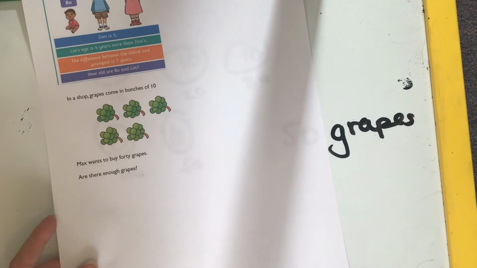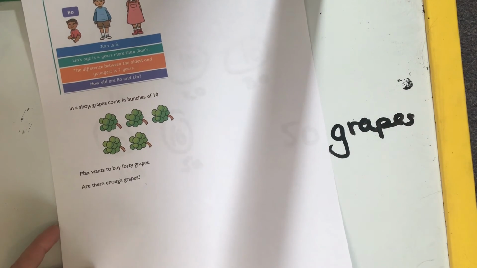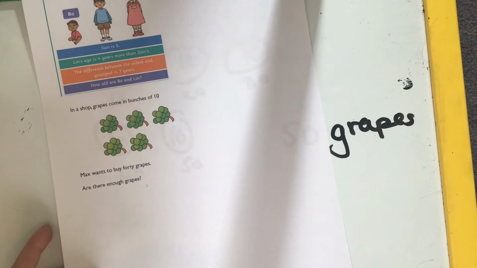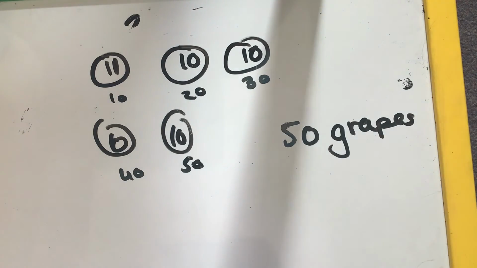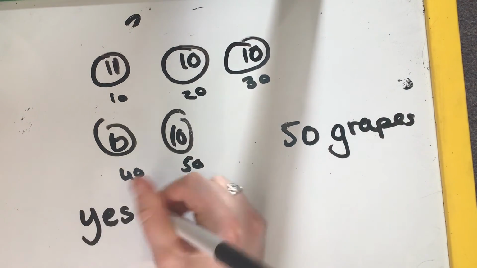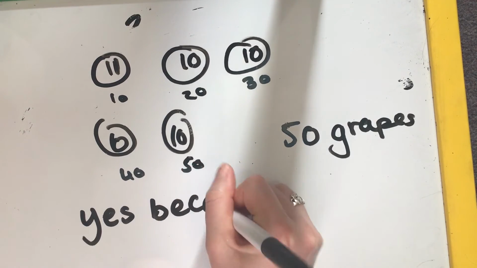Let's have a look at the question again. In a shop, grapes come in bunches of 10. Max wants to buy 40 grapes. Are there enough grapes? So I would then need to give a reason for my answer, and I'm going to say yes, there are enough grapes, but I need to say why I know there are enough grapes. So yes, because